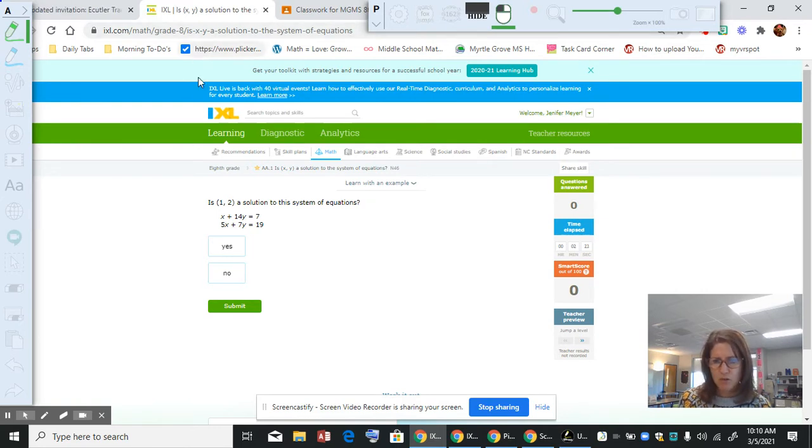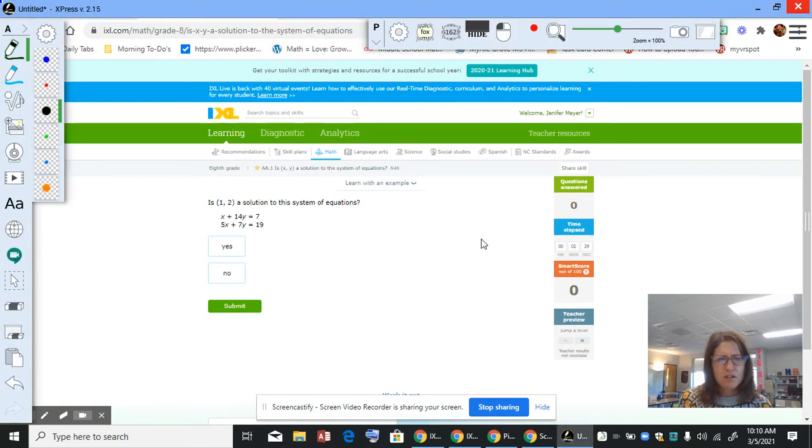So I wanted to go over a couple examples just to remind you of how to complete these. And so here's an example up on my board for you. And it says, is 1, 2 a solution to the system? And so what I wanted to remind you is that this is X and this is Y. Remember our ordered pairs. So what we're going to do is we're going to take 1 and 2. We're going to plug it into each equation and test it, right? So we're seeing, is that point, an ordered pair, one that satisfies the equation, makes the left equal to the right, which means it's also a point on that line. So if we graphed both of these lines, it would be a point that falls on both lines, so the